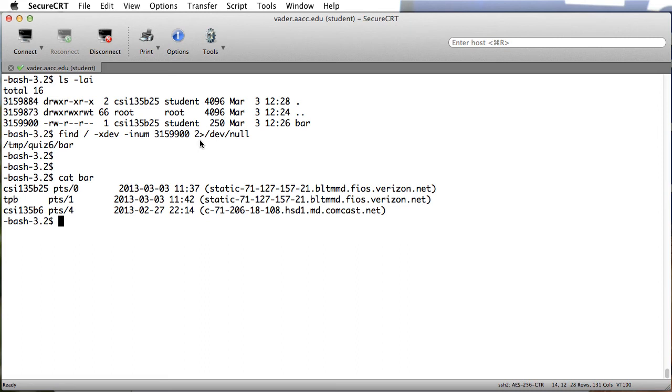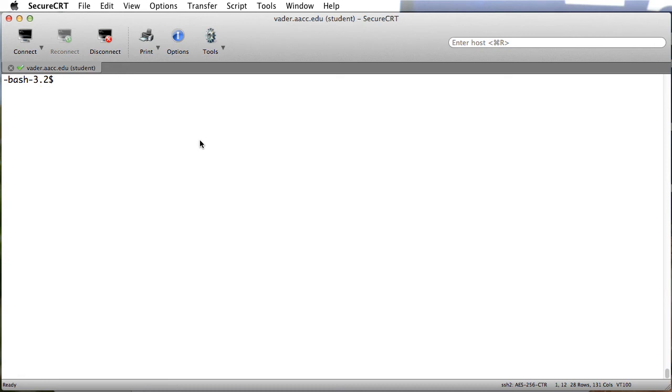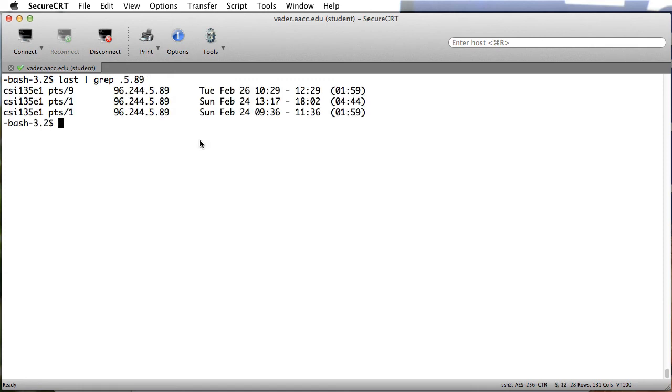Okay, so enough of number 17. On to number 18, it says, which CSI-135 user is logging into the class system Vader from the IP address 96.244.5.89? So again, we could use the last command, and then I could grep, and I could probably get away with .5.89. Let's see. And we certainly can,